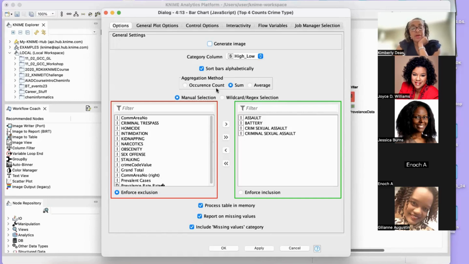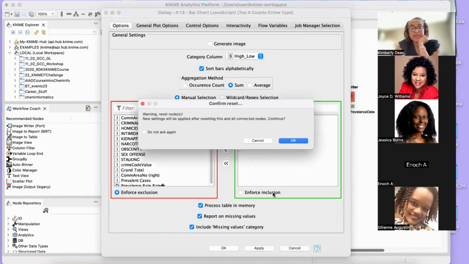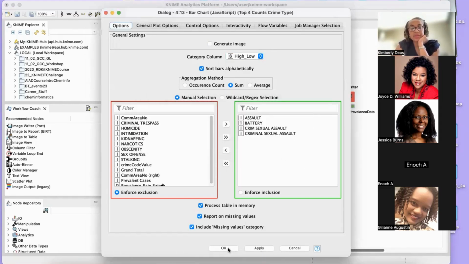So first of all, I want to look at these crimes, but I also want, remember I talked about that category that I created called high or low, right? I don't just want to know about the crime. I want to know if it's high, low, et cetera, for the community areas that we're going to look at. So this is where I used it, because that's the measure that we want to compare the prevalence rates to by area. So we click apply, it says reset, and then we click OK.